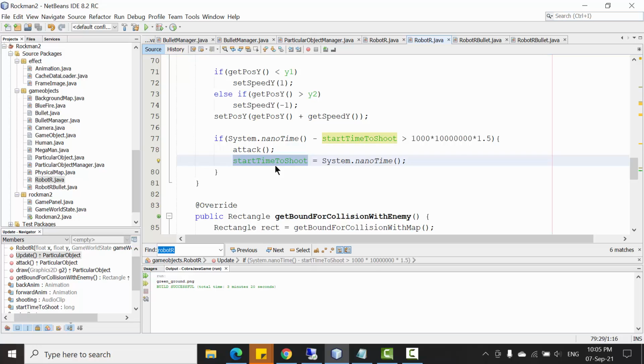Alright, so here you can see I just check the time. I need to put the name here, the last shooting time. Right, so just forget that. I just get the duration from the last time this object attacked. If that time is bigger than this time, it means